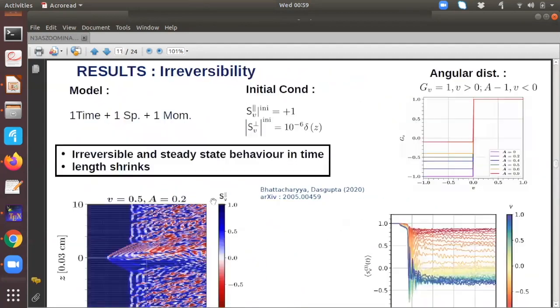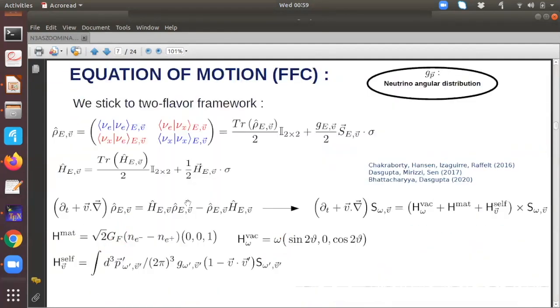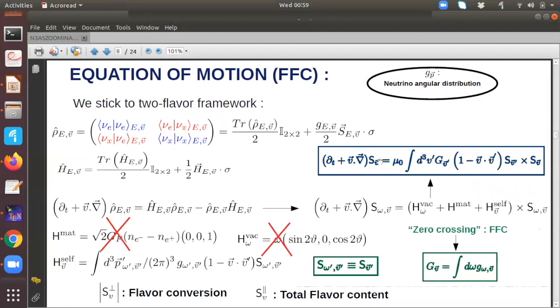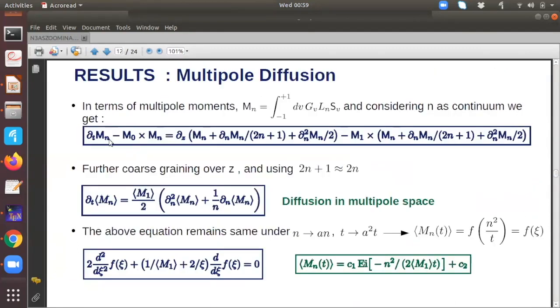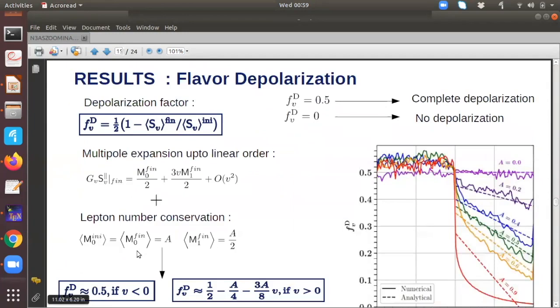can be easily found from the equation of motion: if we spatially average and use the periodic boundary condition, this gives rise to the fact that the n equals 0 moment of the system is conserved in the spatially averaged sense, and it represents the amount of lepton number present in the system. So this conservation along with the multipole expansion helps us introduce this formula for the depolarization factor, which will actually capture the amount of flavor depolarization in the nonlinear regime,